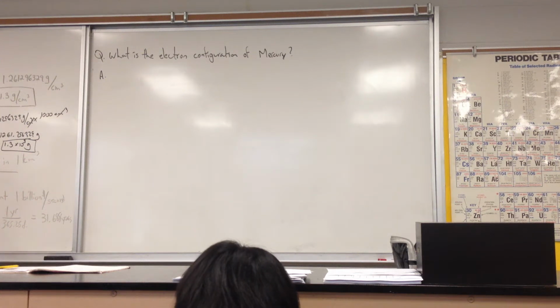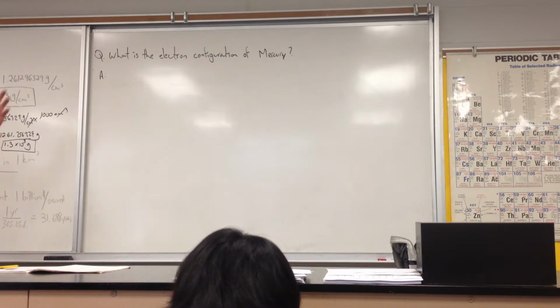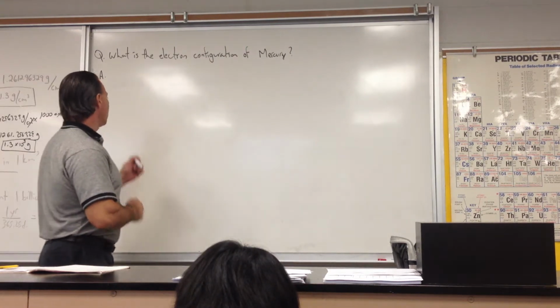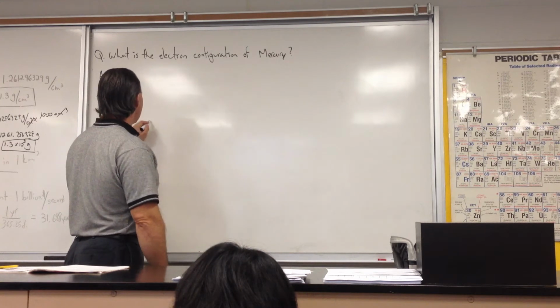Okay, this is a typical question of what I might ask you on your periodic table test. What is the electron configuration of Mercury? To answer this question, there's a mnemonic you can use where you write the numbers 1 through 8,